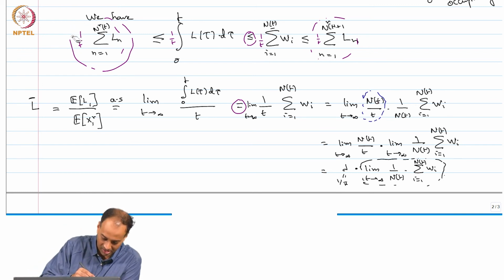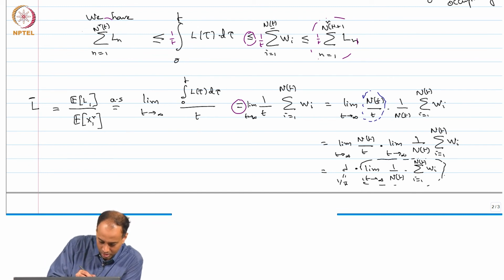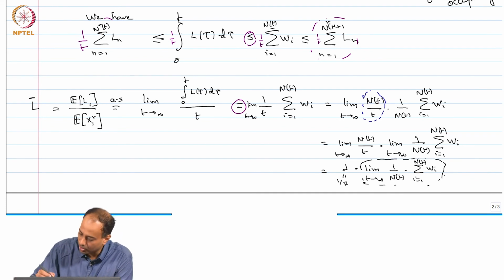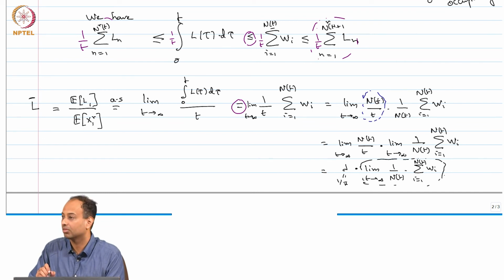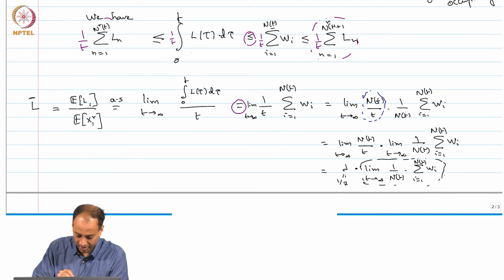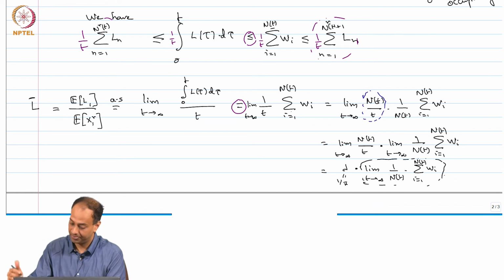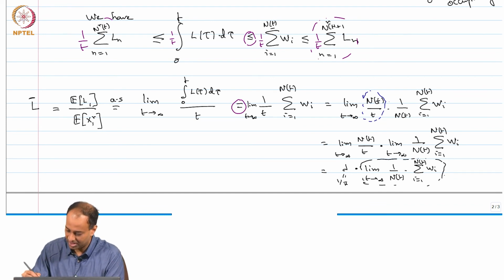So, maybe I should do this. What I am saying is, you put 1 by t everywhere, right. So, this is 1 over t, 1 over t, 1 over t. The upper bound and the lower bound will both go to the same limit. Therefore, the limit as t tends to infinity of the integral will be equal to the limit as t tends to infinity of the sum of the W i's, okay. And then we are multiplying and dividing by N of t over t, which goes to lambda; we know that from the strong law, right, and then this beast,